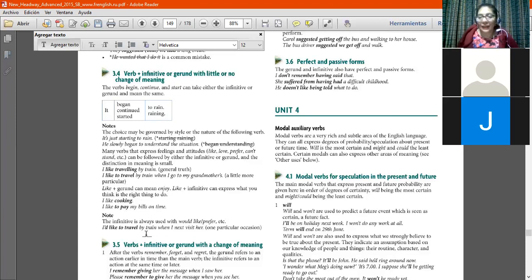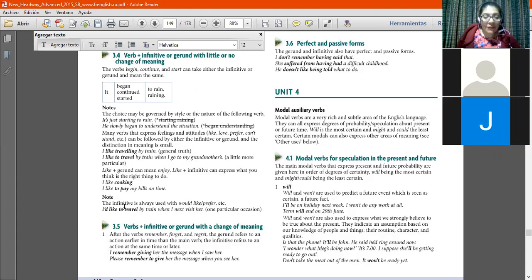I like singing. Yeah. But if I say I like to pay my bills on time, it can express things that it's the right thing to do. Yeah. I like to, ahí tendría que especificar, I like to cook when I'm home alone. I like to swim to feel good, to be fit. Yeah, always something positive.